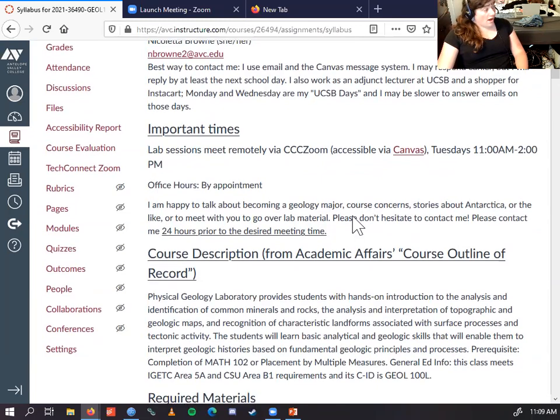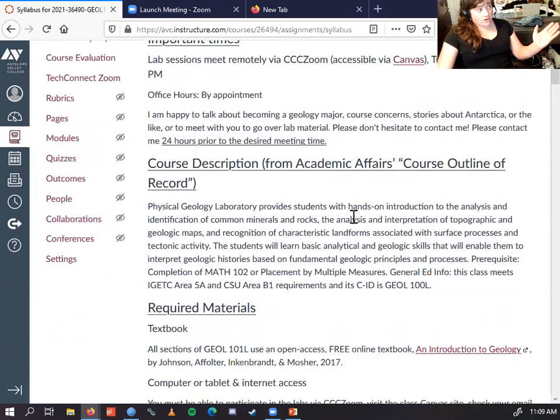Here is the official course description. I'm not going to read it. My take on it is that this class is to teach you about how rocks and plate tectonics work, and then hopefully apply those to future geology classes going forward. So this class is a lot of rocks and minerals, learning about plate tectonics and different types of plate boundaries, subduction, seafloor spreading. There's a lab on earthquakes. We start out with this maps lab,